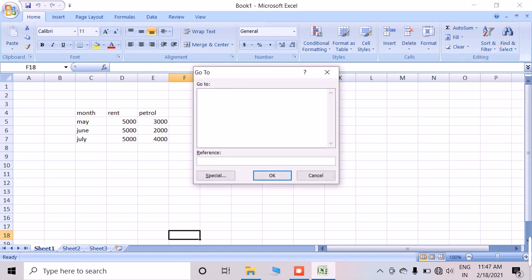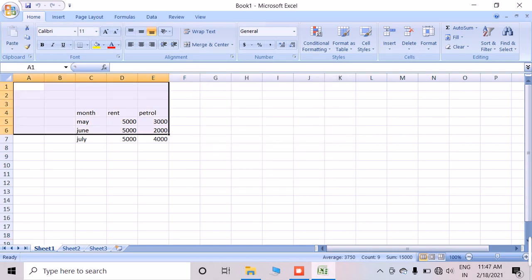First you can give A1 to E6. Yes, just press Enter. See, the selection has been done. After that, if you click OK, the selected range will be highlighted over here.